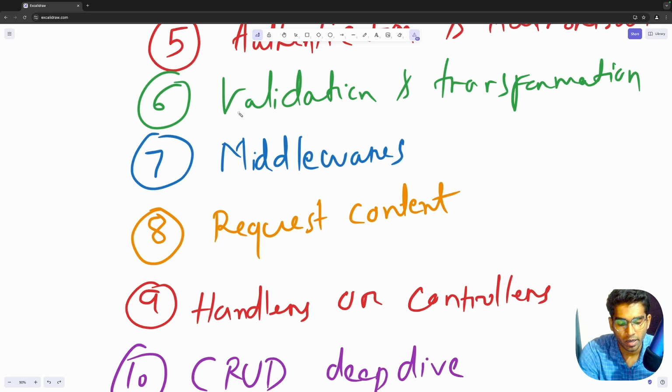Then our next topic is going to be middlewares. We'll look at what is a middleware and when to use them, what are the common use cases of middlewares, the role of a middleware in a request cycle, for example, a pre-request middleware or a post-response middleware, the flow of middlewares, for example, techniques like chaining. A middleware is executed in a sequence, passing control to the next middleware until request reaches its final handler.